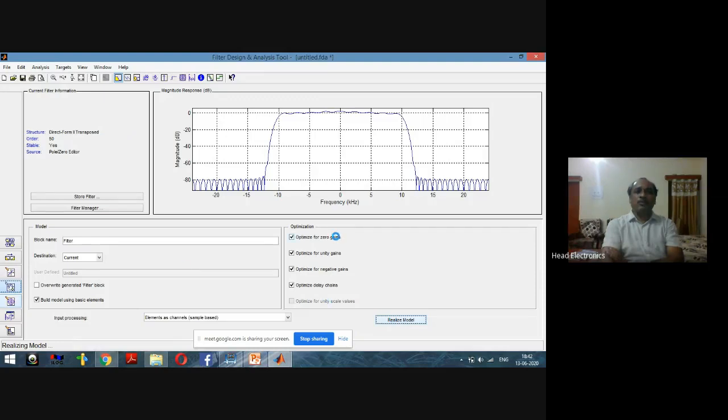In order to describe the realization, we have selected realize the model, and after selecting it there will be two options. One is override generated filter block. If we select this one, then we will get only a block that has just the input and output, and that block can be connected at any place in our design.